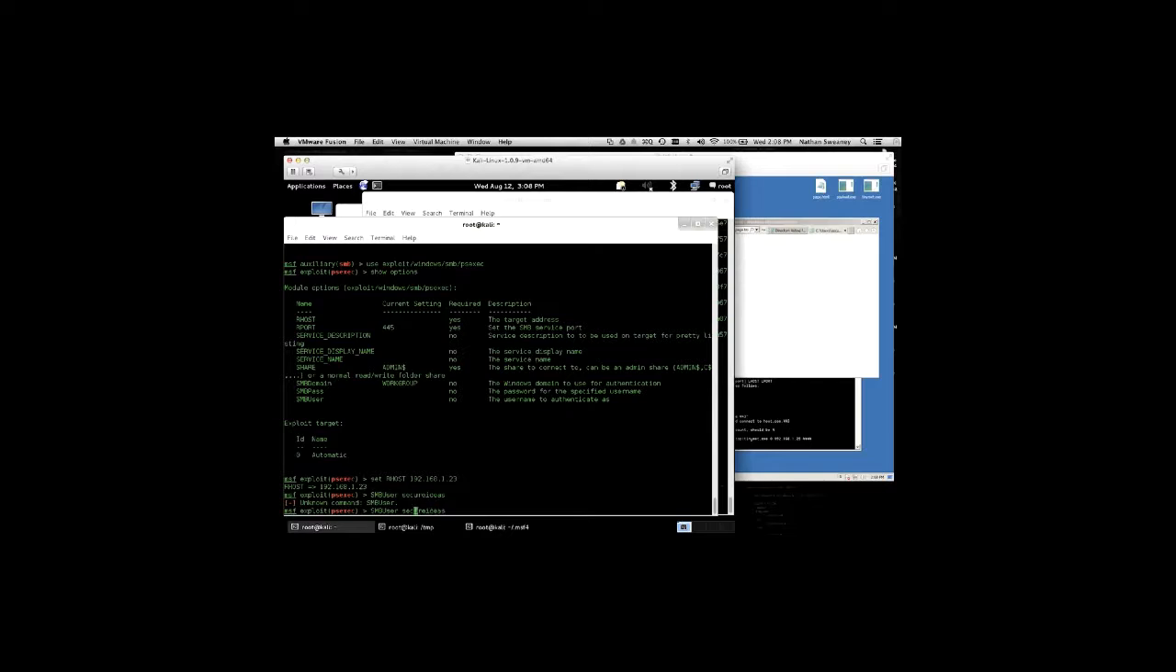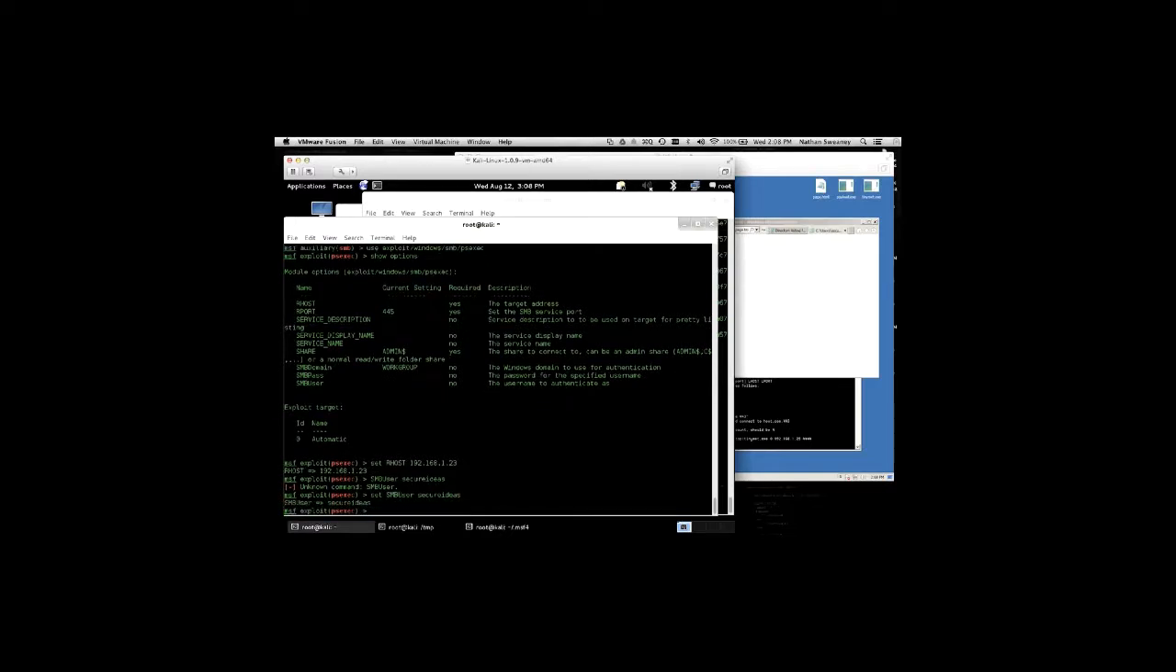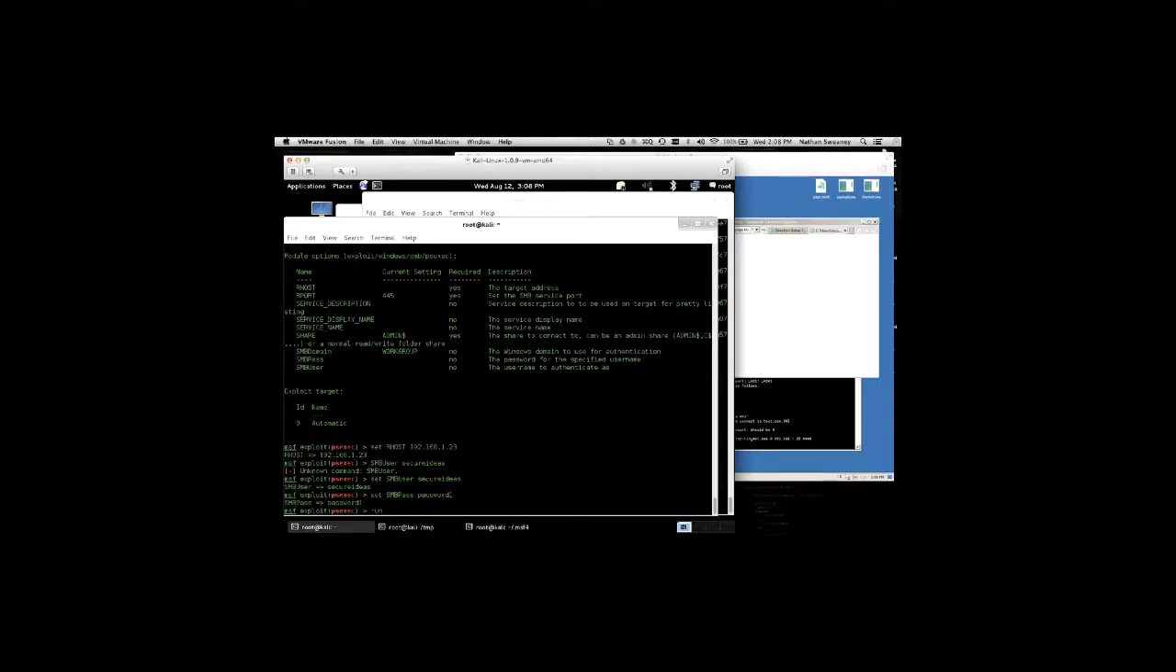Oh, unknown command. Try set SMB user. And then we're going to do set SMB pass. Now, if we knew the actual password on that box, which we did because John compromised it, right? But let's say we weren't able to, well, let me just show you both ways. If we do password 1, and now we run that,